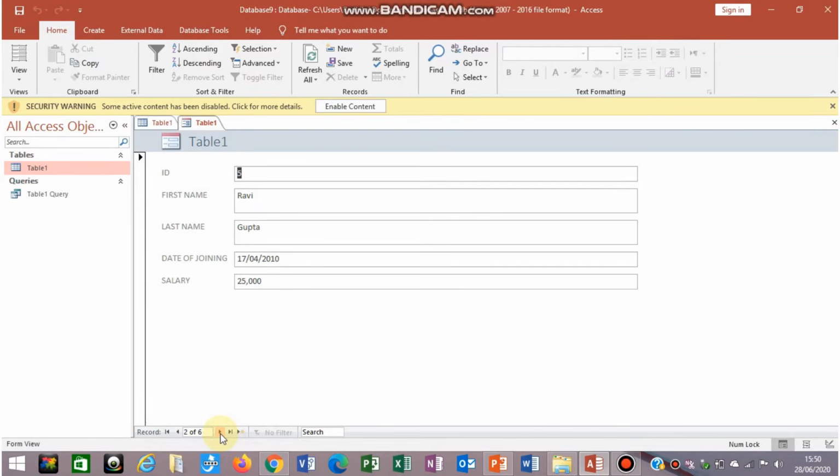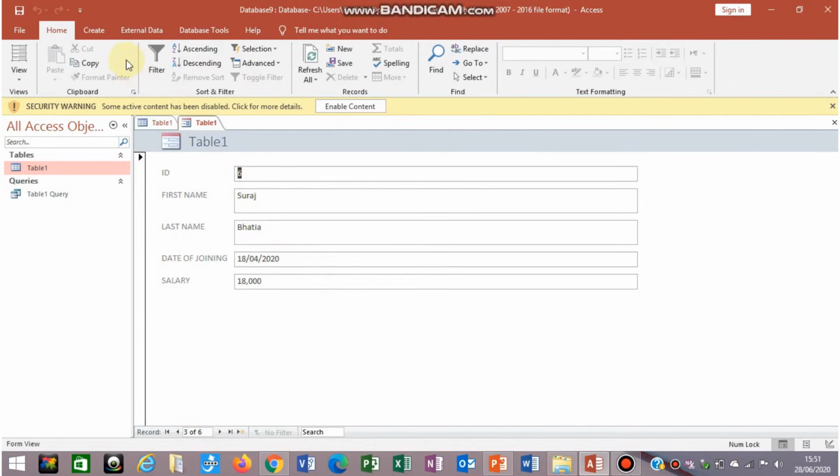Click on that once, and your information moves to the next person's information. Then again if you click there, you get the next person's information. In this way you can create a form using the form tool.